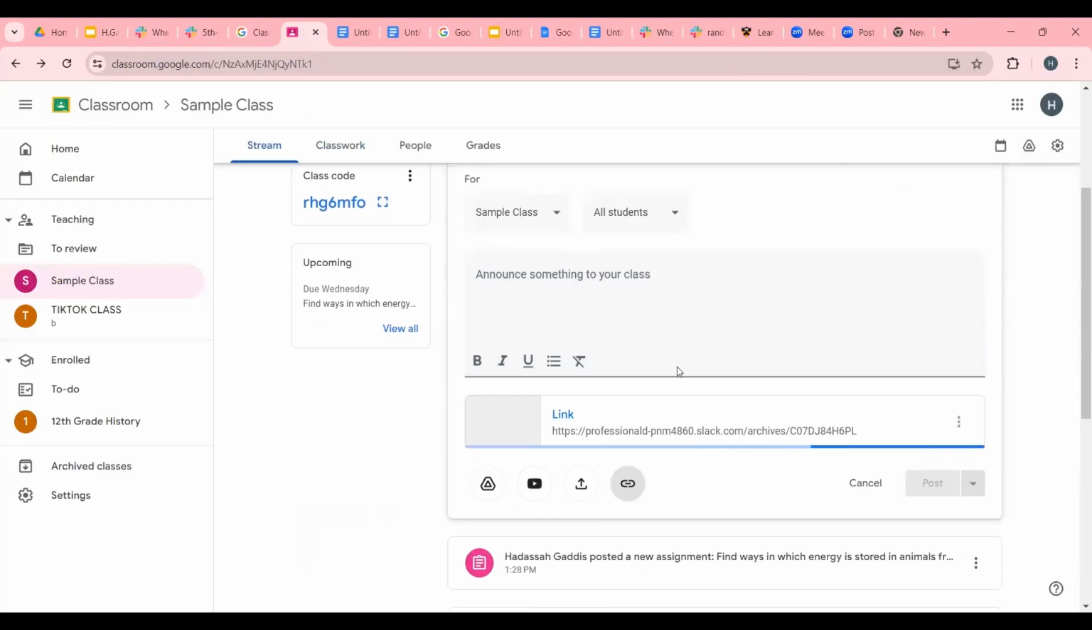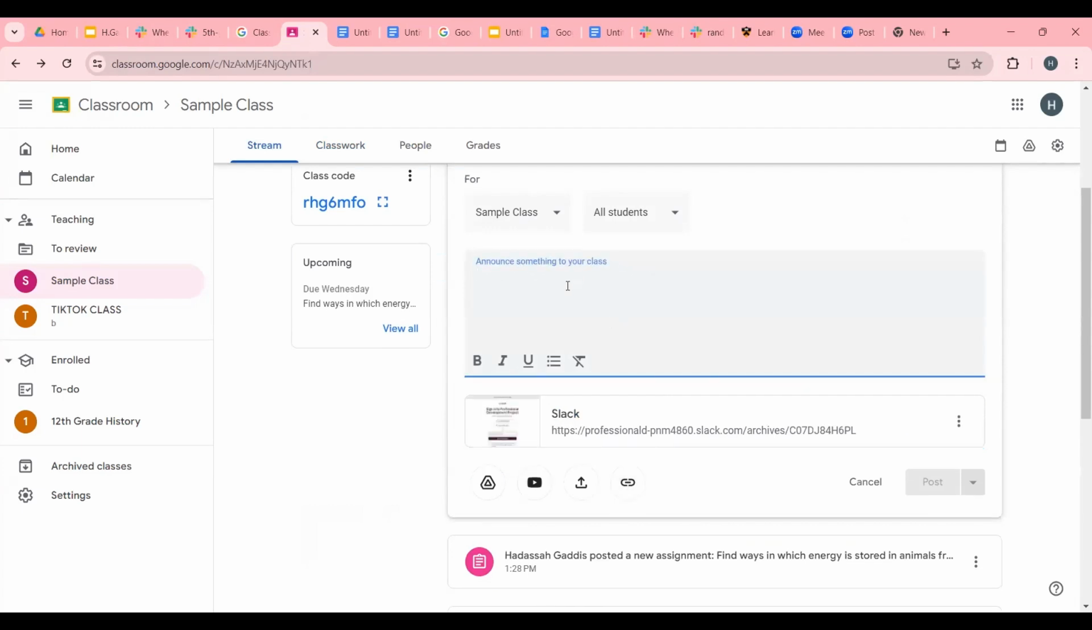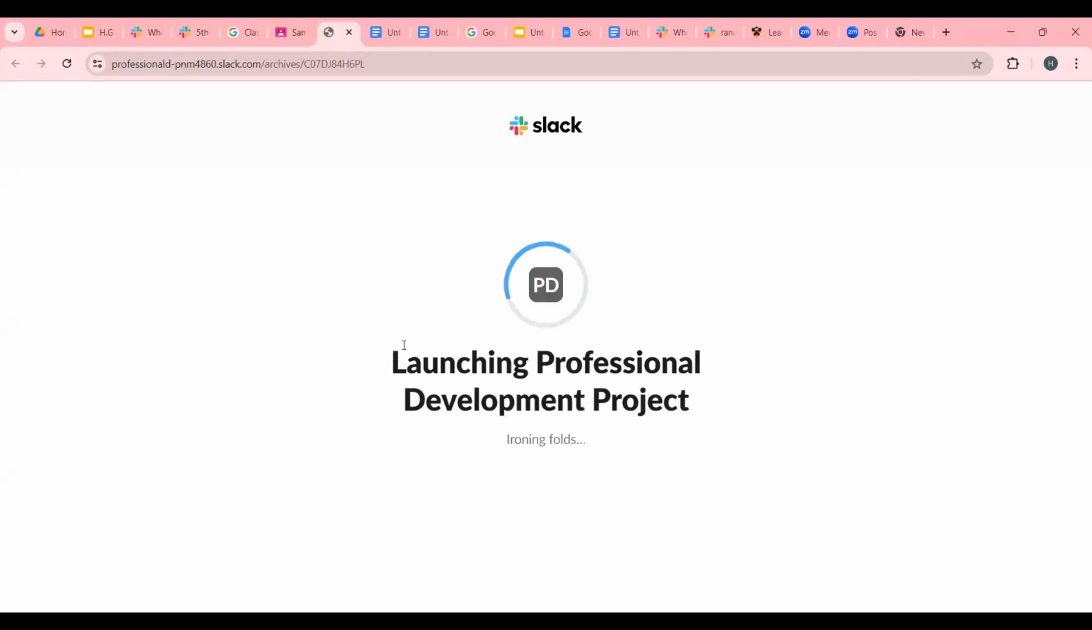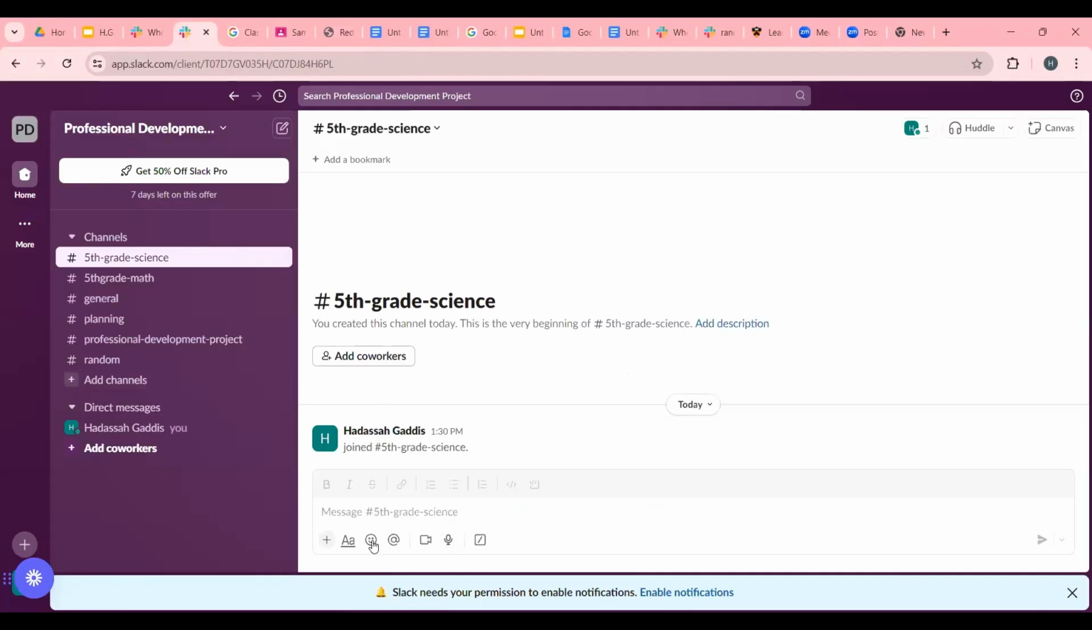I'm going to add link and say join Slack for classroom digital discussion. And I have it here so they can click on it and it'll take them here. If they don't have an account, they can easily create an account. So once they are here, and then once they are being directed, it will take them directly here, and then they can add